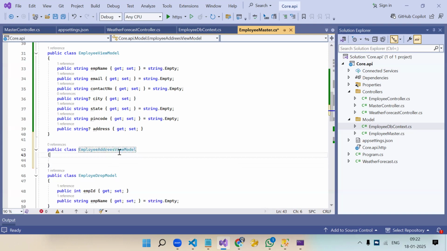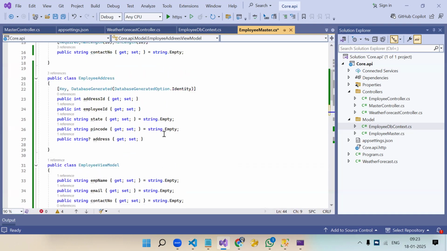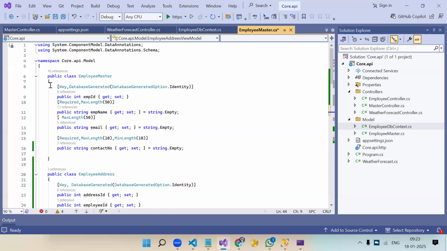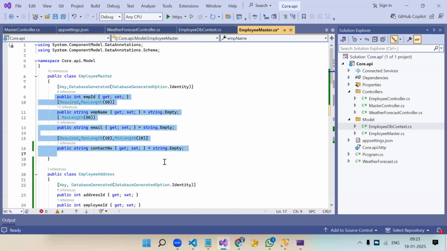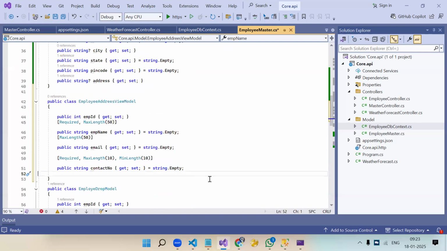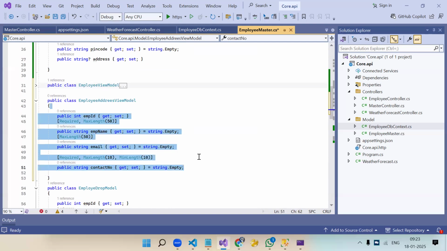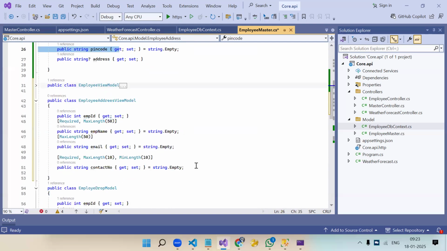In many projects I have seen people add something like view or view model. Someone says we create a folder with the name view model and put all the view models inside it, in a separate folder. Yes. So now we need the fields from employee master over here. Then we are going to need an array of addresses, right? As I said, employee data will be single and addresses will be multiple. So here, public list,